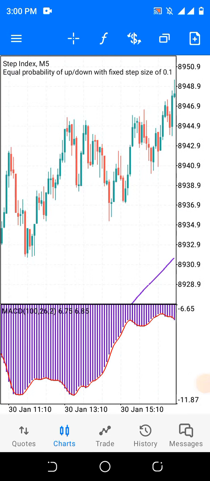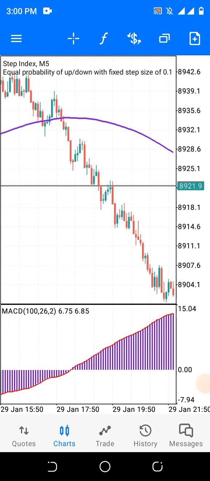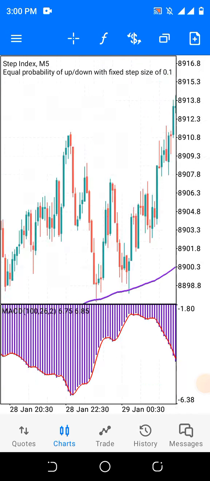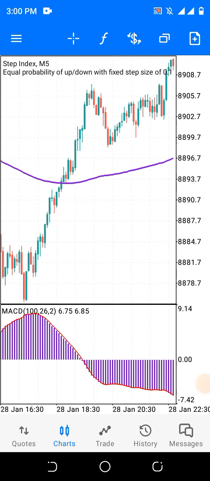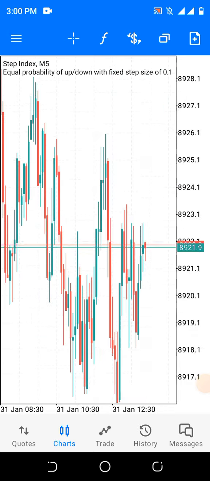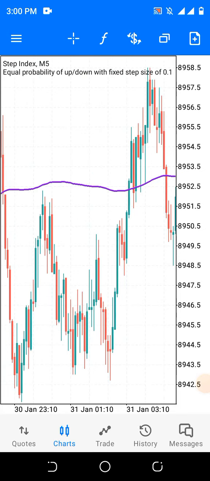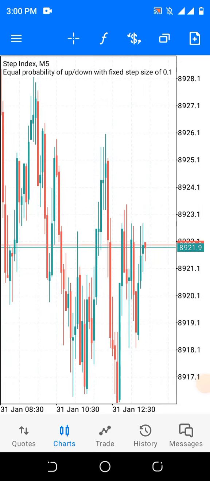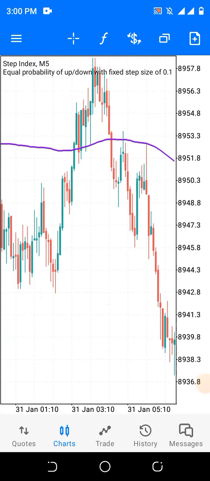With this strategy on the 5 minutes time frame, you can start with $50 and grow it to thousands of dollars. So pay attention, I will release the secret to you. Like I said, you need only two indicators, the MACD indicator and the moving average. So let me show you how to do the settings. First of all, I need to delete the current MACD indicator. So this is how to set up the indicators.